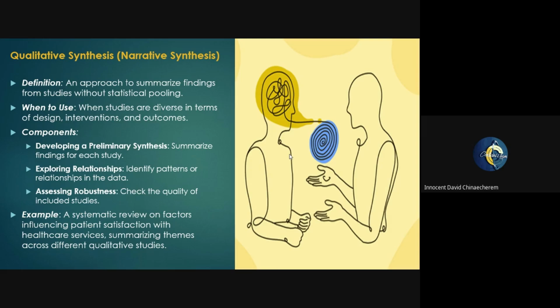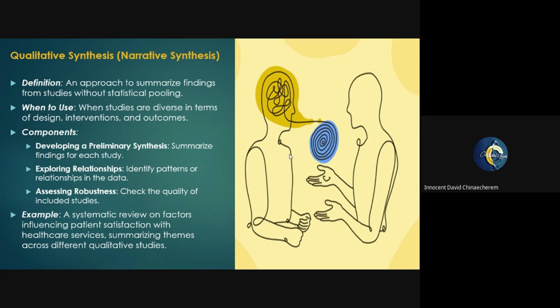Some of the components of performing a narrative synthesis: the next thing we need to do is develop a preliminary synthesis. We need to provide a summary of each of these studies, and look at the relationship between those studies in the data. Then we can assess the robustness, the quality of the included studies. It's similar to the next approach, because here we are interested in summarizing those studies